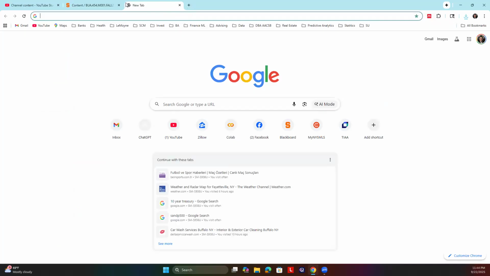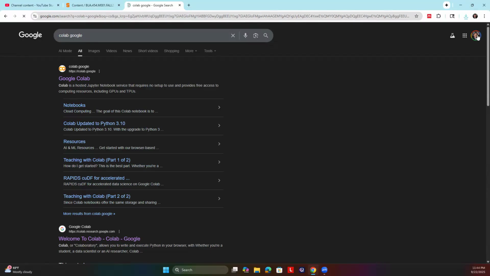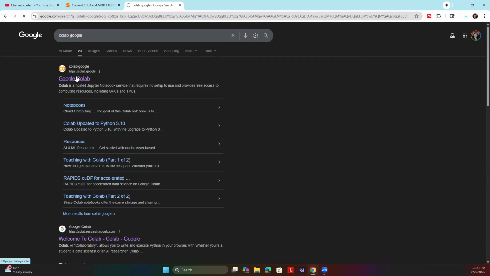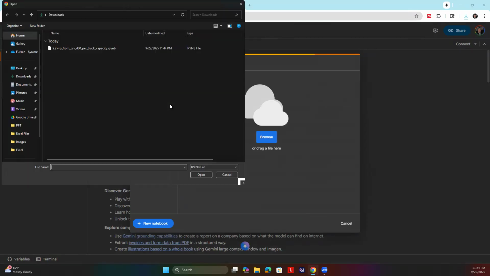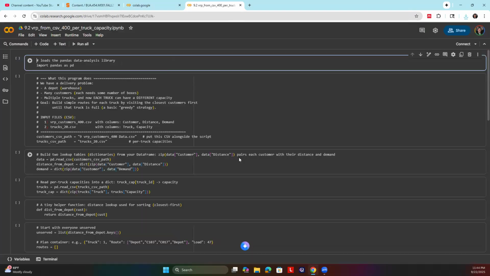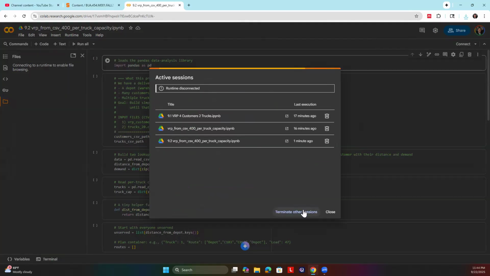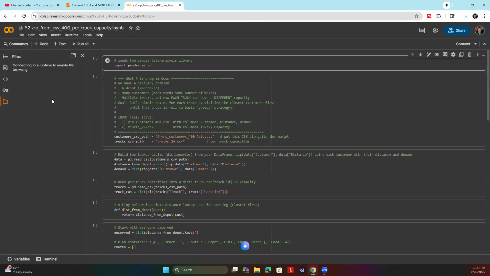And then we can go to our browser and go to Google Colab, and make sure you are logged into your personal Gmail account, which is free if you don't have one. Google Colab, open Colab, and upload, browse. And I would just upload the file that I just downloaded from Blackboard, the Python file. What I can do here is click on the little folder icon right here. And if you have way too many sessions, you can terminate other sessions to be able to continue using Python via Google Colab. Wait until it connects to your